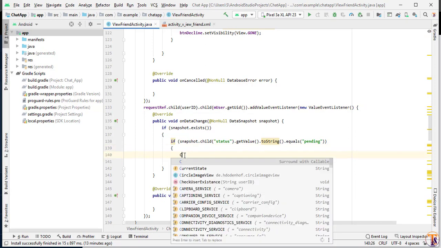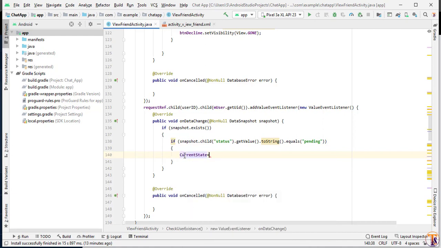Now here we have to change the current state equal to he sent, and it's pending.